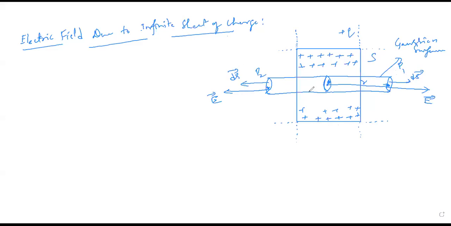Correct? So for the total surface S, we have to take this. Now this is our infinite sheet, and this is our Gaussian surface, which we have taken to get the front side as well as the back side. That can be shown with a graphical notation. Which type of Gaussian surface have I taken here? A curved surface, which we can call a cylindrical surface. A cylindrical Gaussian surface.